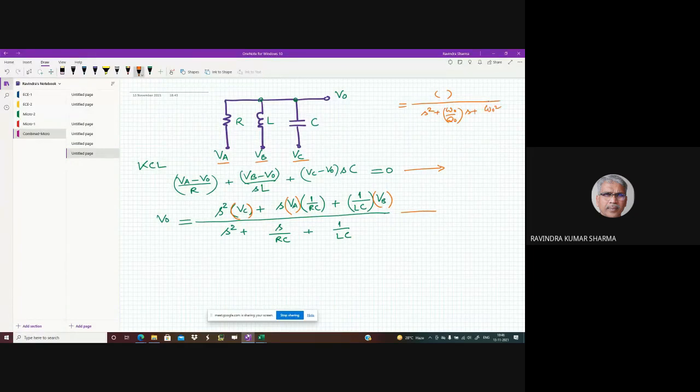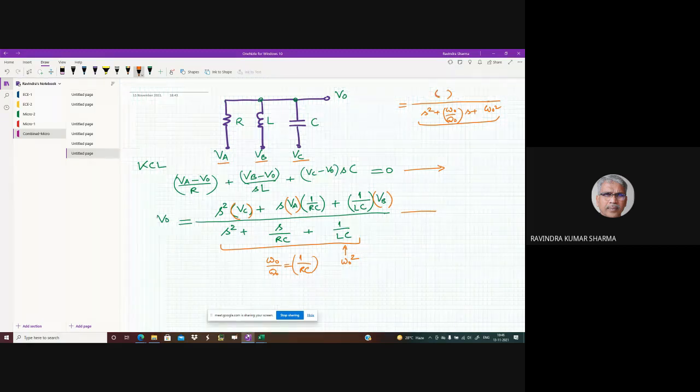तो ऑब्वियसली नीचे वाला पार्ट तो ये है, दिया हुआ है, इसमें बड़े आराम से यू कैन सी दिस इज नथिंग बट ओमेगा नॉट स्क्वायर, एंड ओमेगा नॉट बाई क्यू नॉट इज व्हाट? ओमेगा नॉट बाई क्यू नॉट इज नथिंग बट 1 ओवर RC, राइट? तो डिनोमिनेटर तो ठीक है, न्यूमरेटर में आपको कांस्टेंट टर्म चाहिए फॉर लो पास फिल्टर, ट्रांसफर फंक्शन ऑफ लो पास फिल्टर VO by VI शुड हैव कांस्टेंट टर्म।